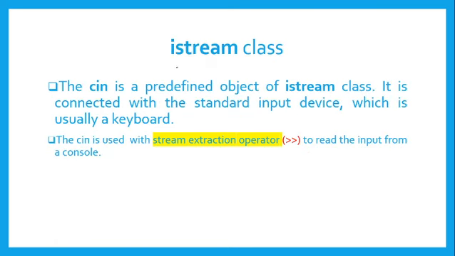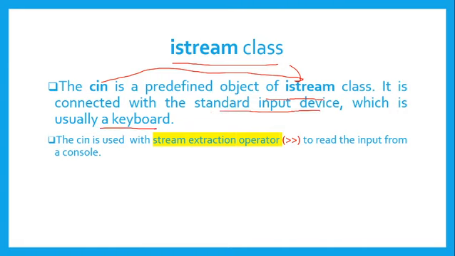Next is the istream class, input stream class. Cin is a predefined object of the istream class. This cin object is defined in the istream class. It is connected with a standard input device, which is usually a keyboard. It means this cin is connected with the keyboard. So whatever text or character we enter from the keyboard, cin will accept that character and store